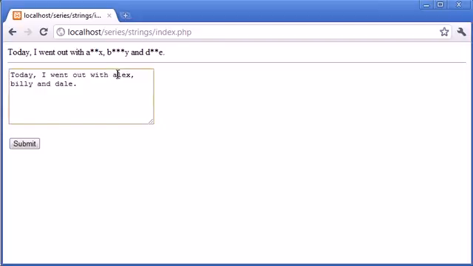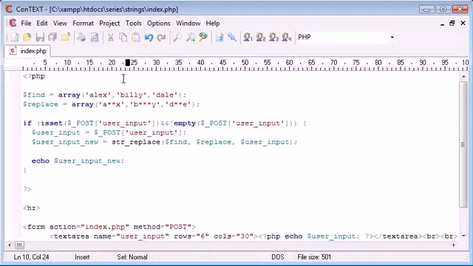So now what happens if I have a capital A for Alex, let's say, and a capital D for Dale? Or you could have a capital L in the middle or something like that. Let's click submit and see what happens. Now you can see that Alex and Dale have not been recognized as starred or asterisked out text. So how can we